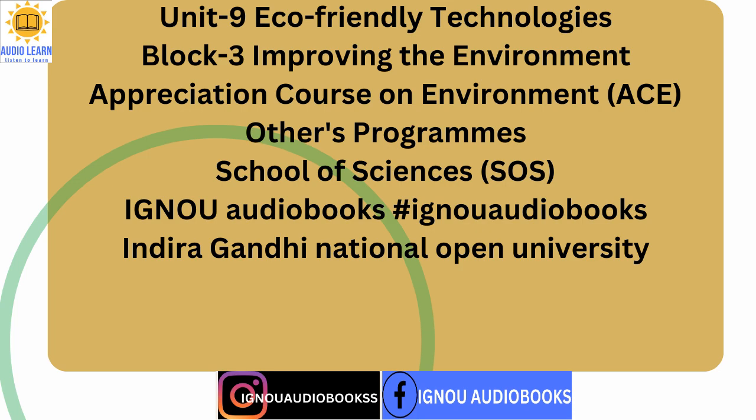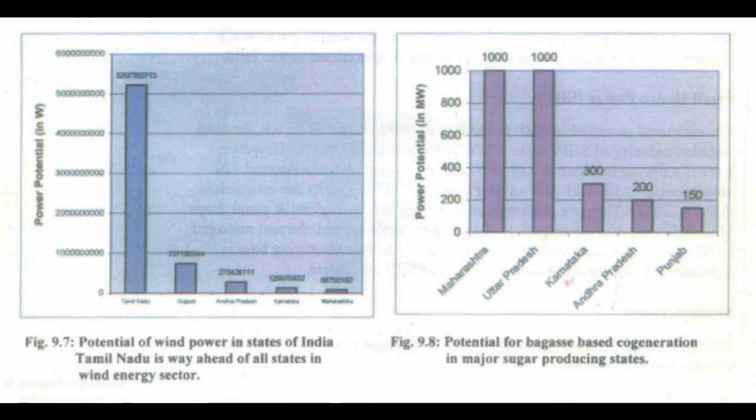The technologies available for energy recovery from urban and industrial wastes are anaerobic digestion, biomethanation, landfill gas recovery, incineration, and densification or pelletization. The total installed waste-to-energy generation capacity is 17.08 megawatts, MNES, 2002. The potential and current achievements and India's ranking in the world in cumulative achievements in power generation are given in the tables, Table 9.2 and Table 9.3.